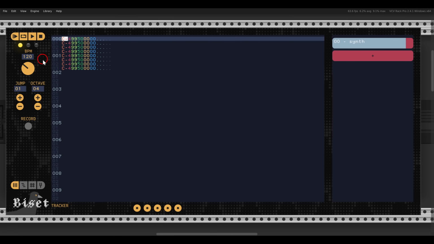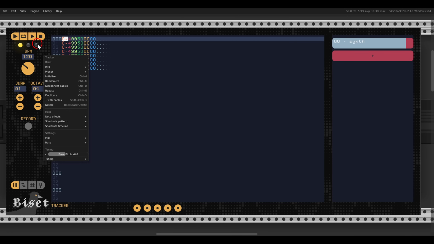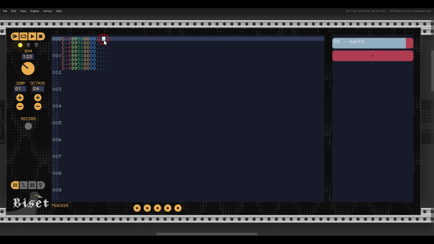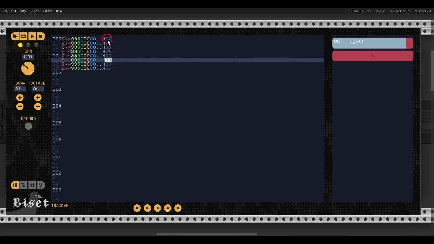So I want to quickly go over tuning and live recording. Here I have a simple pattern with only one note or the same note on all steps. It will sound like this. Right, but there is also a note effect, this one here, that will pick a random note. You can choose between which notes here, right? This is capital N. So I'm just going to enter this quickly for all of the notes, just random values here. And now if I hit play,